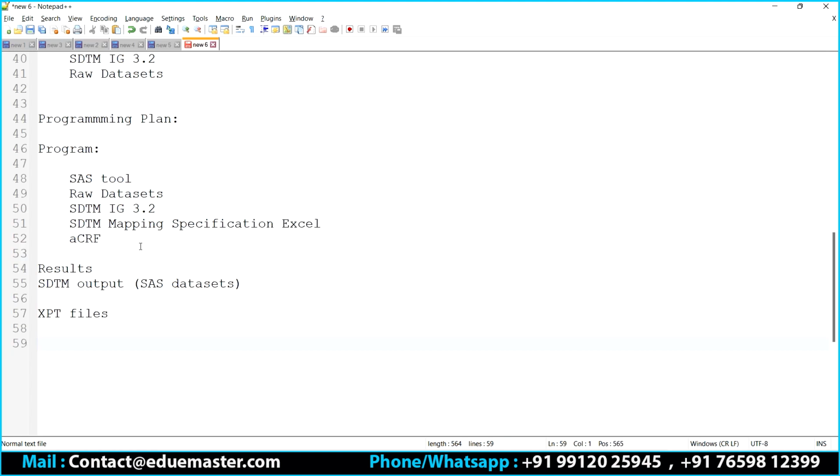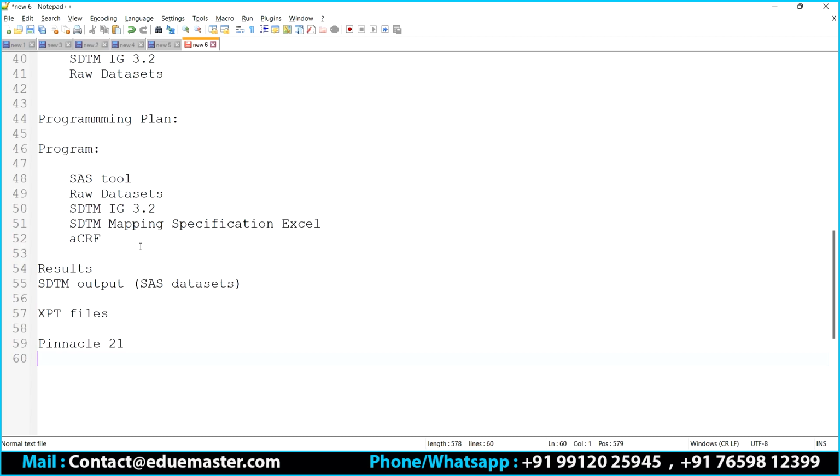Different companies use different software, but one of the most commonly used is Pinnacle 21. By using Pinnacle 21, we are going to use all these XPT files.